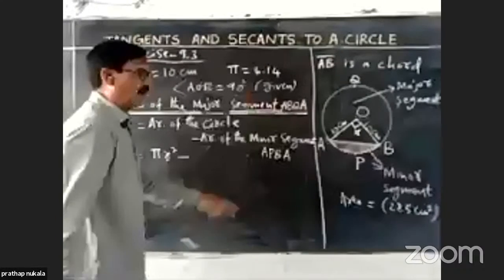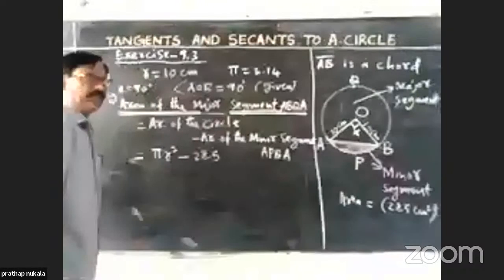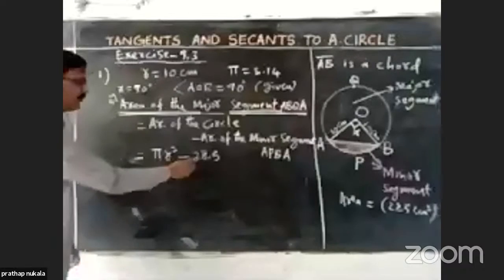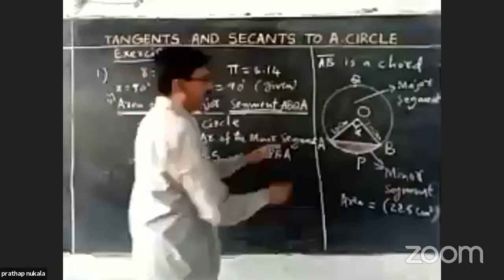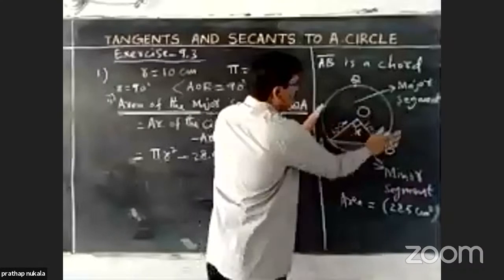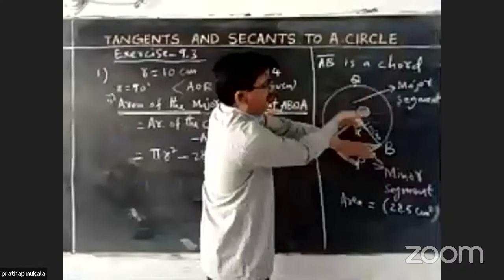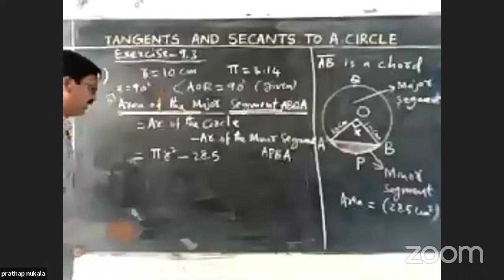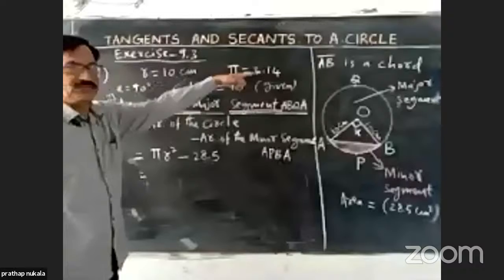28.5 centimeters square. Okay. If we subtract the area of the minor segment from the total area of the circle, we will get the upper portion of AB, that is, the area of the major segment. Now, pi value 3.14 given